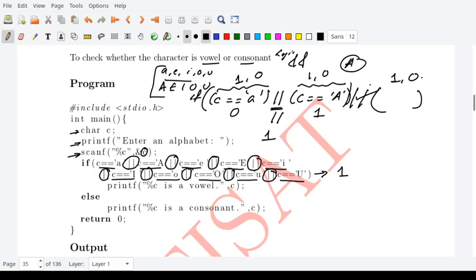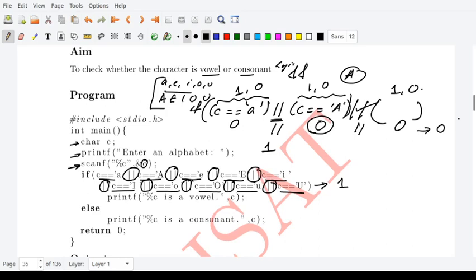If you have more conditions, you get a truth value for each of them too. Say you have three conditions: this is 1, this is 0, this is 1, and the fourth condition is also 0. What will happen? For OR, you need only one condition to be true. You need not have more than one. So in this case you have a true condition, and you will get a value 1. Suppose all were 0. All the conditions are false, so when you OR them, you get a result 0. That is how you combine multiple conditions in a single statement.